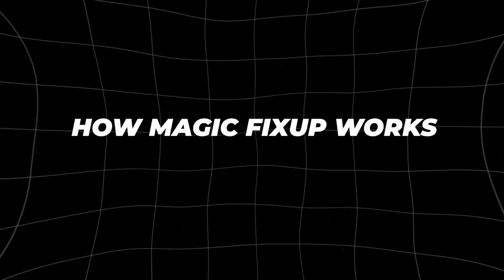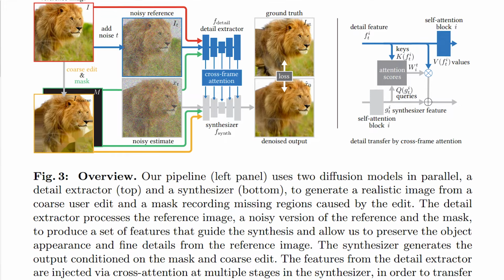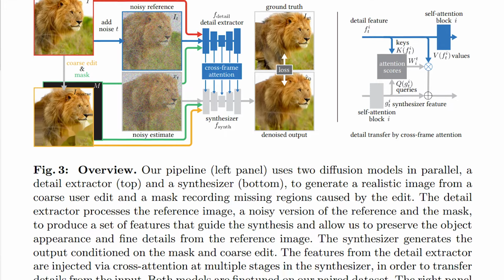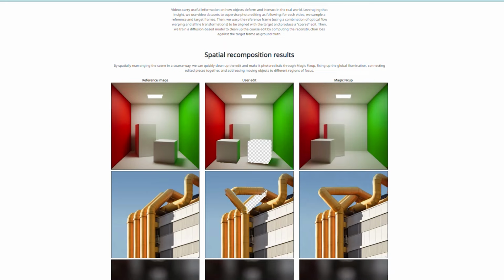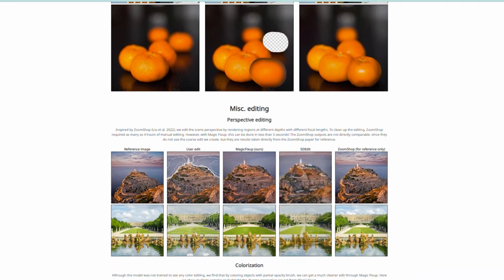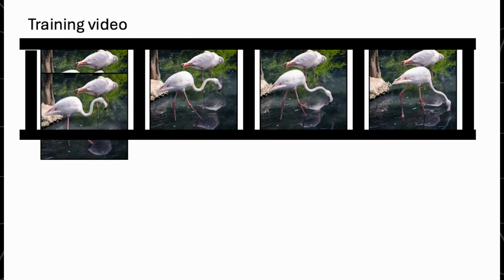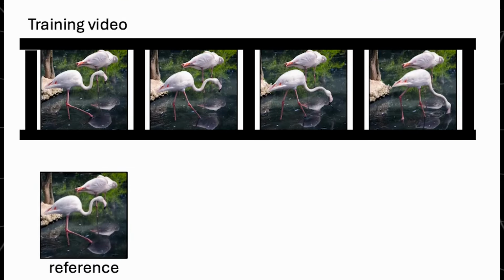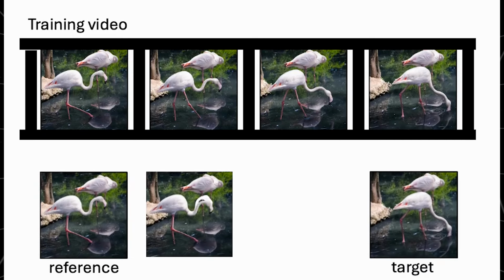How Magic Fixup works. Now, let's dive into how Magic Fixup actually works. The magic behind this AI is its two-part process, which Adobe calls the detail extractor and the synthesizer. These two diffusion models work in harmony to deliver photorealistic results that are almost indistinguishable from the original scene. First, the detail extractor processes the reference image along with a noisy version of it. This step is crucial because it helps the AI focus on the finer details that are often lost in translation